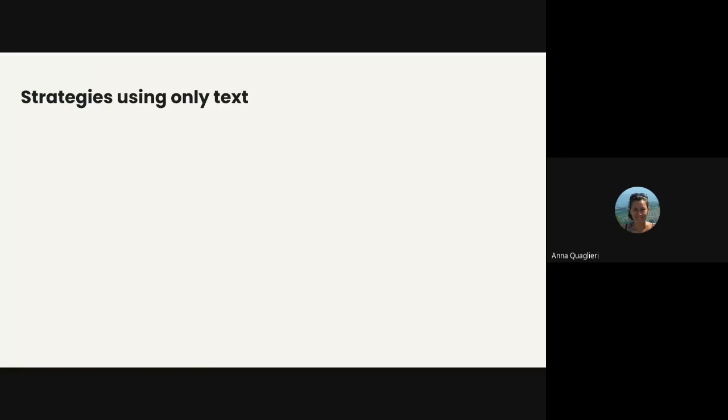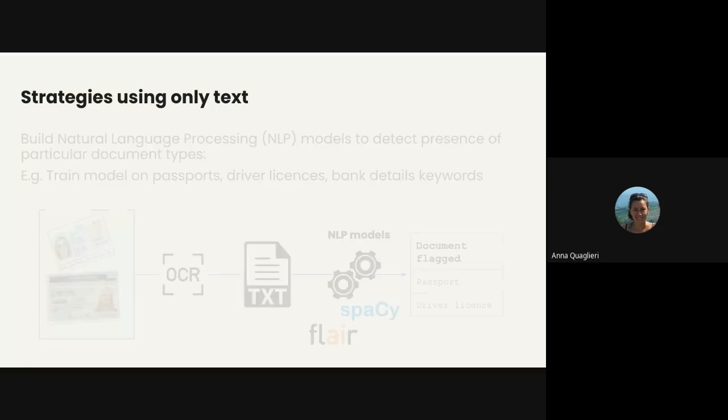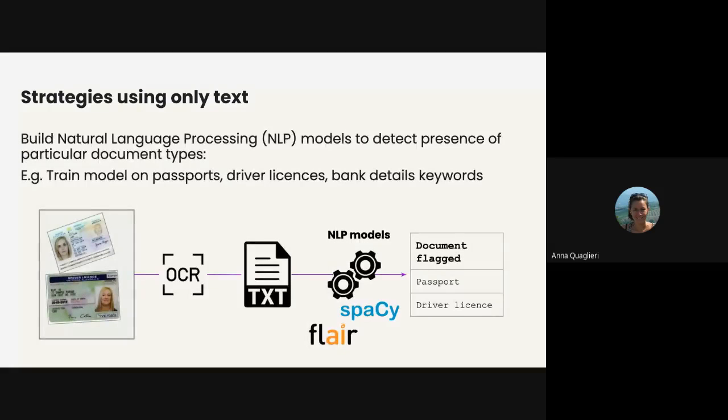Awesome. So what do we do with this? Say, for example, that we only care about the text and we only would like to use the text. You can imagine building some natural language processing models where you might use just the words on a page in order to detect specific document types. We have been doing that at Eliiza, for example, to tag specific documents like passport or the travel